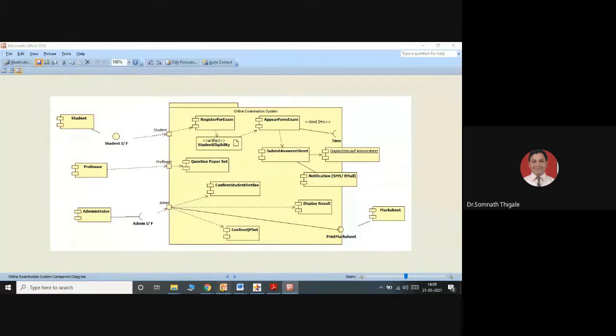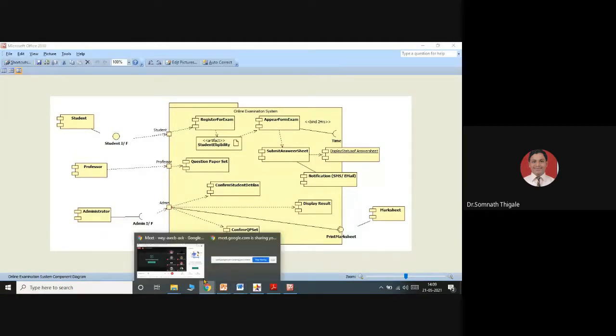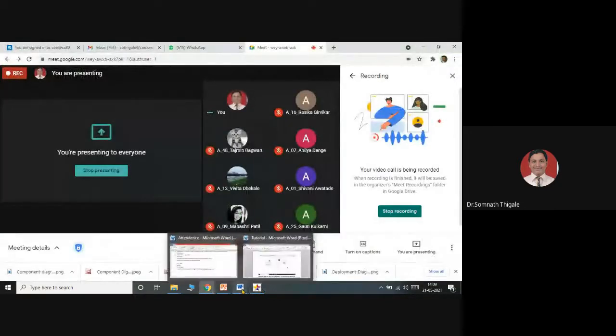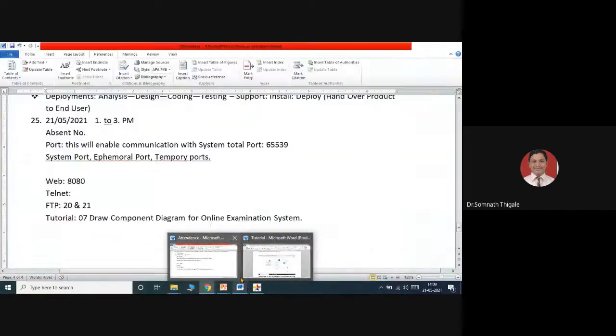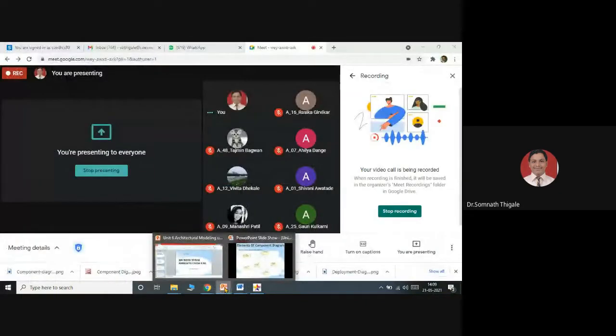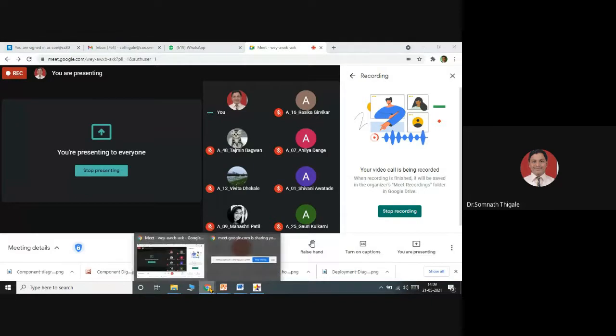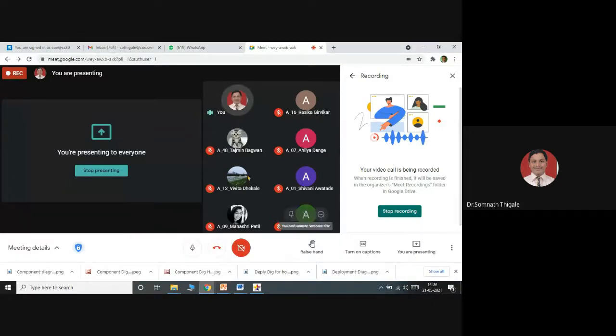If any doubt there? Yes, any doubt regarding the component diagram? Yes, students, any doubt regarding the component diagram?